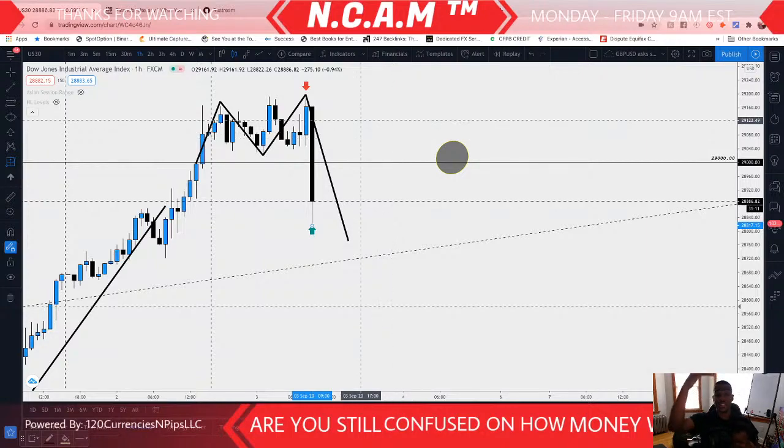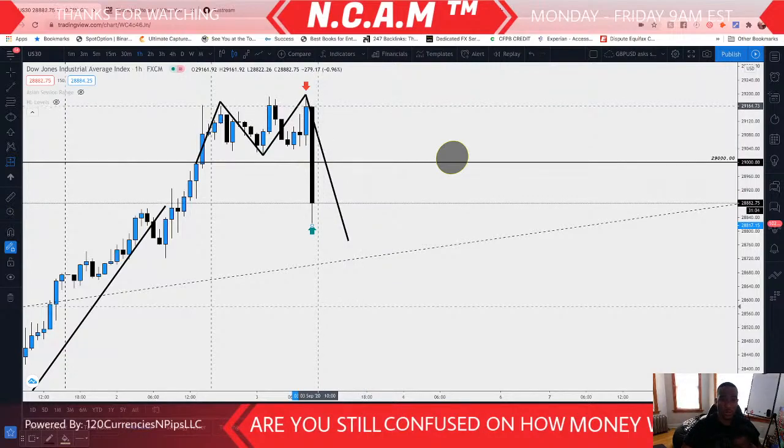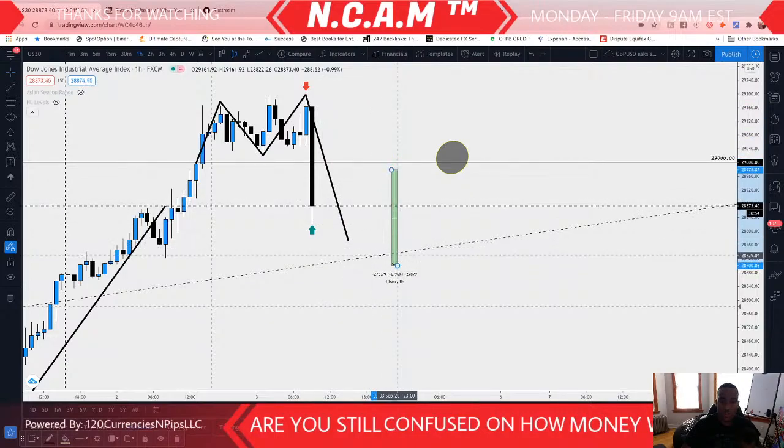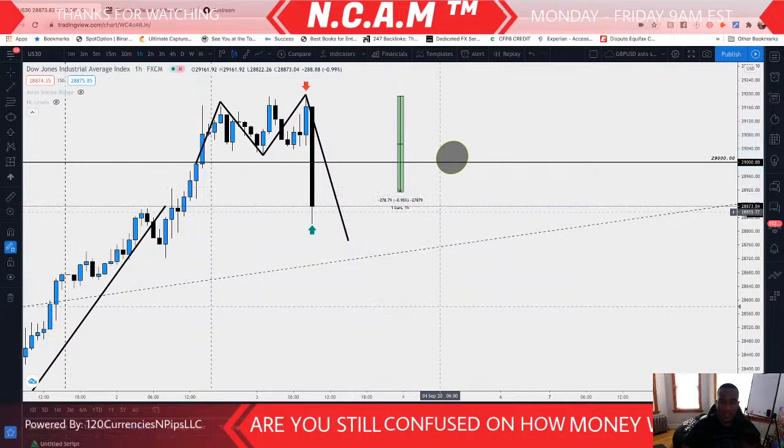This is less than 24 hours. The equity market just opened, it's like 28 minutes open right now. So if I take this to where we are right now, I'm going to show you where I'm getting this number from, so you guys don't think I'm making this up. This green thing is a measurement tool, and what it says is, look at the numbers down here. Look at that number right there.